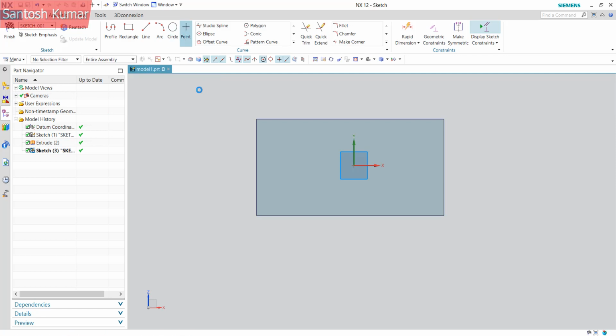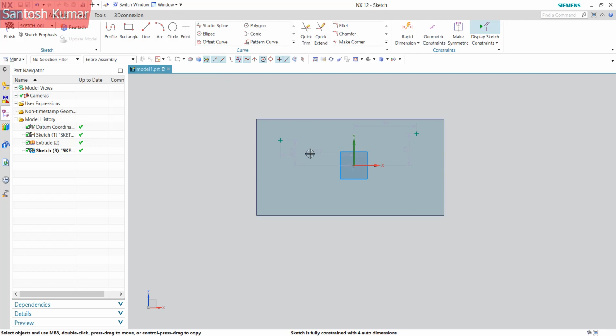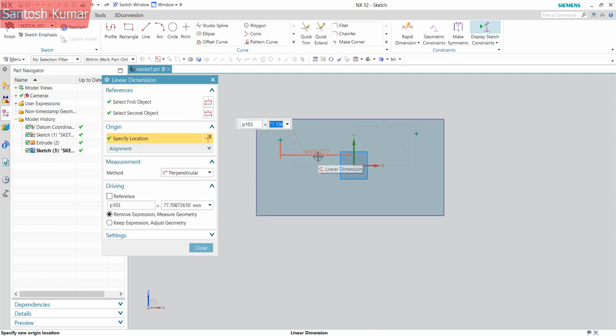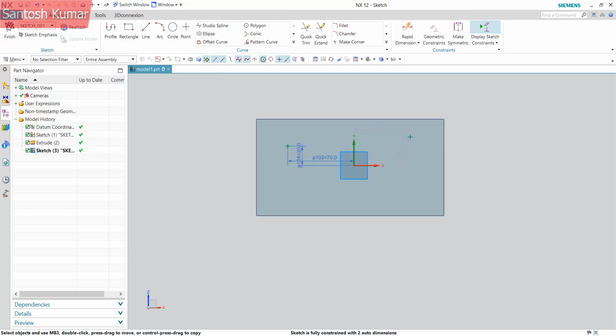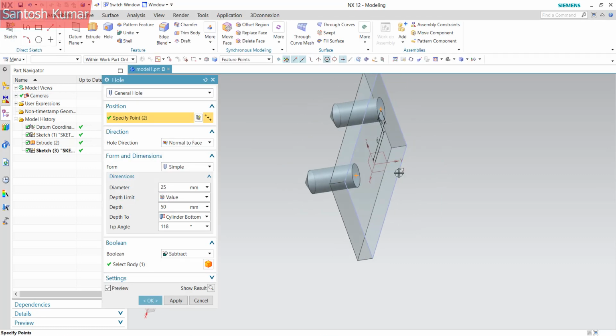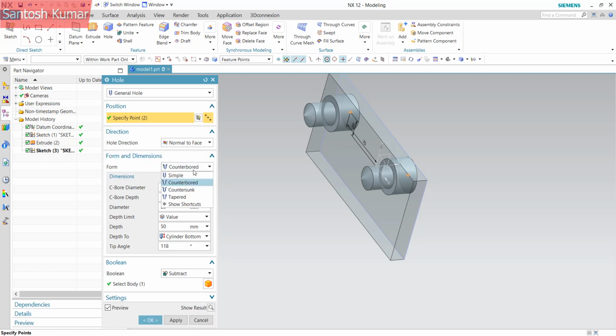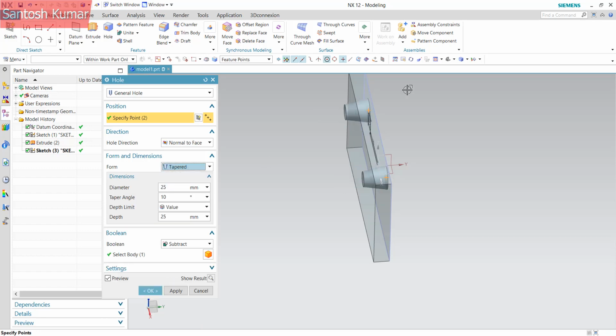And here you can specify the point, select the point option, set where exactly you need the hole. So dimensions are automatically defined. I want it to be 70 and this 20, so 20 by 70. So there are 2 points over here. Now once I click the finish button, it will try to create a hole at the points. You can even select the type of hole. You want it to be a simple hole, or you want it to be a counter bore or a countersunk. You can select the type of hole over here, or you just want it to be a tapered hole,